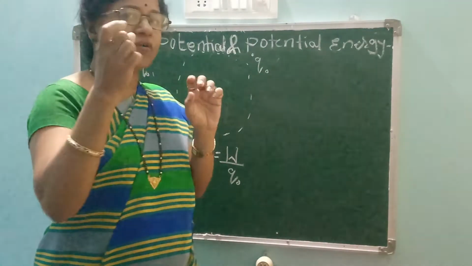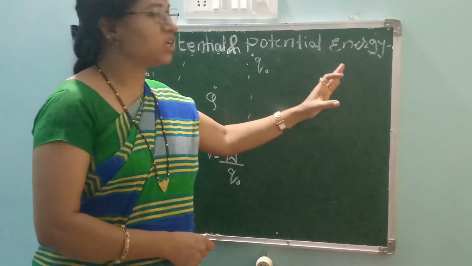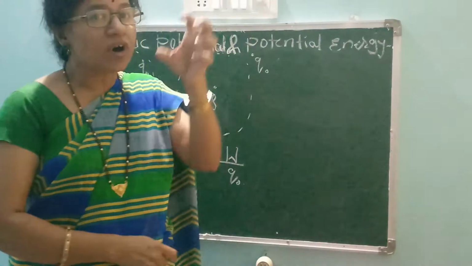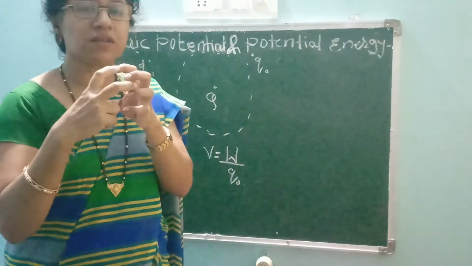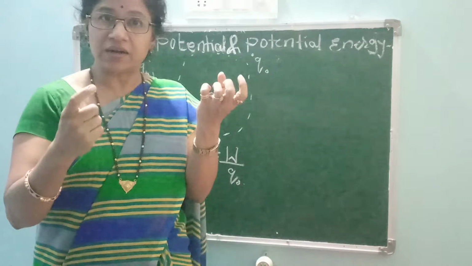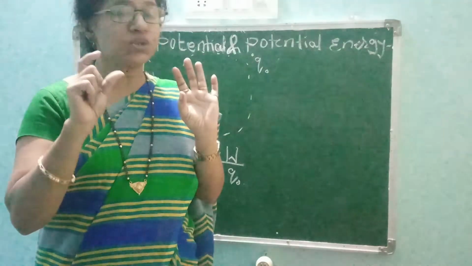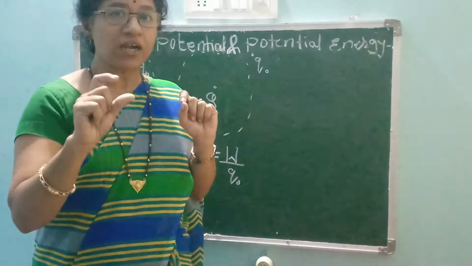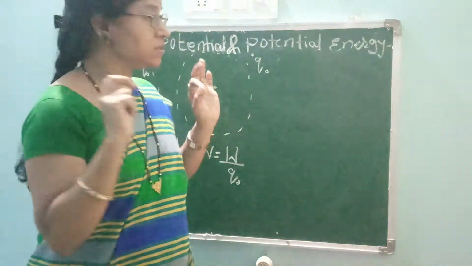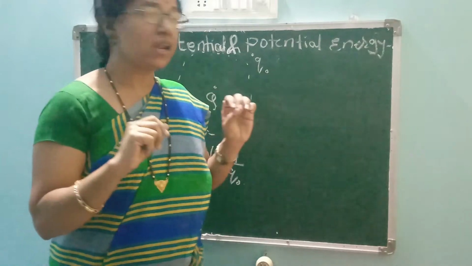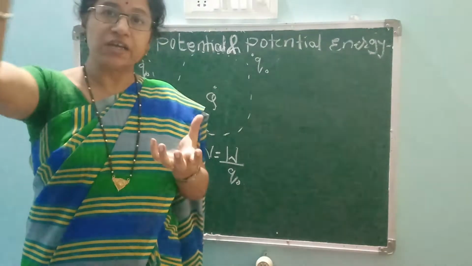Now see here, if you have to say it in definition form, how can we say? The electrostatic potential energy is the work done against the force to achieve a certain configuration of the charges in a given system. As we are saying, in that system there are two or three charges present. These small charges are present somewhere away from that field area, far away.